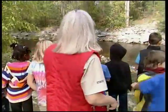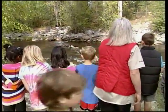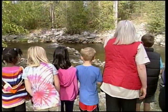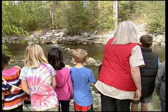And keep your eye just below that big waterfall. That's where the big ones are hanging out. And they might even jump over while we're here. Grade 2 students from Kelowna Christian Elementary are on a field trip at Mission Creek Regional Park, getting an up-close